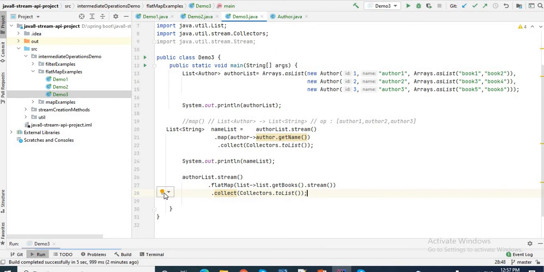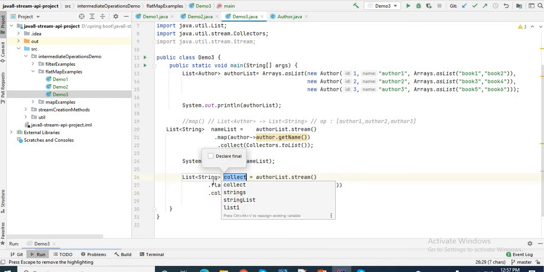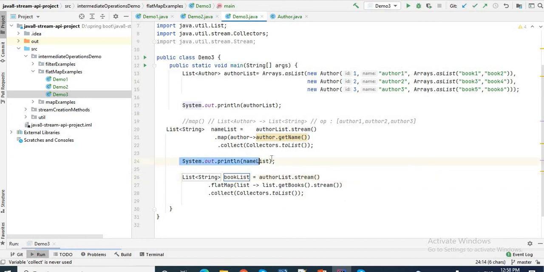Now I'll introduce a local variable which is a list of string type. This is my result list, or I can call it book list. Now let me print this book list.